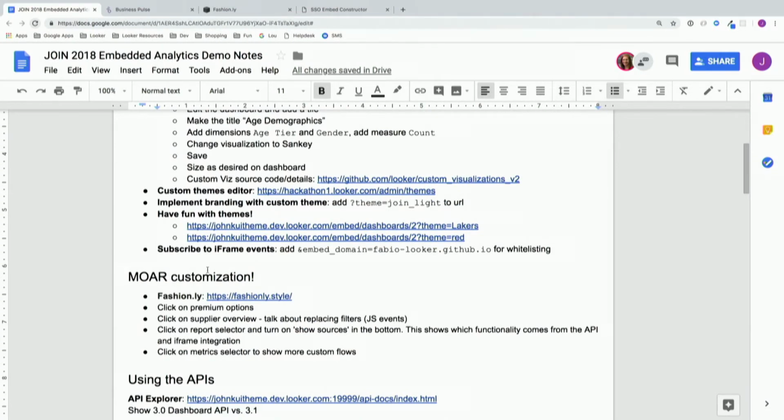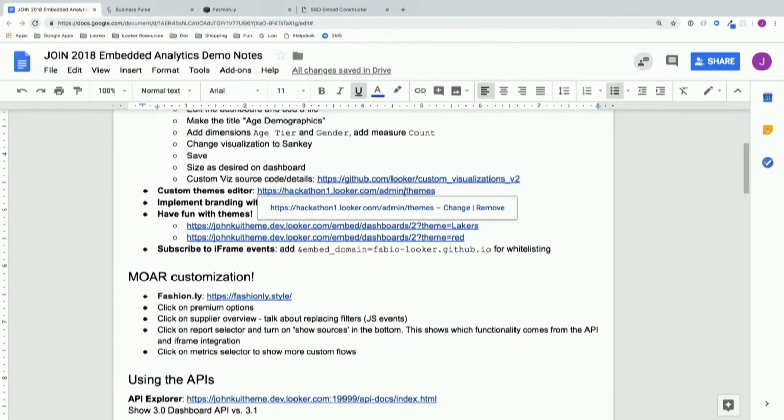So the last part before I give it back to Arielle for a minute is I want to talk about how we can brand it, to make it, remember I mentioned that you could change the font, make it look more like what you wanted. We are not going to use wingdings for the custom font, but what we do have,